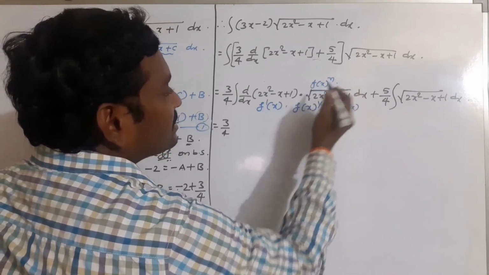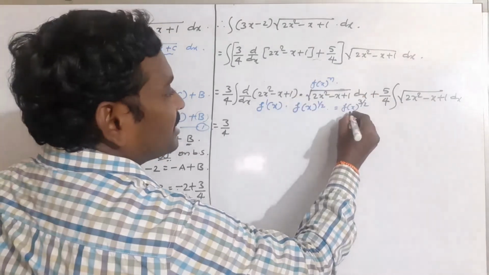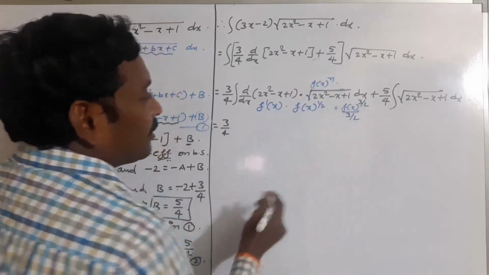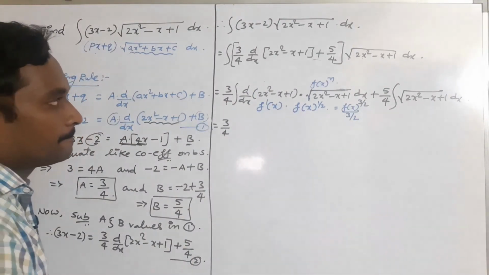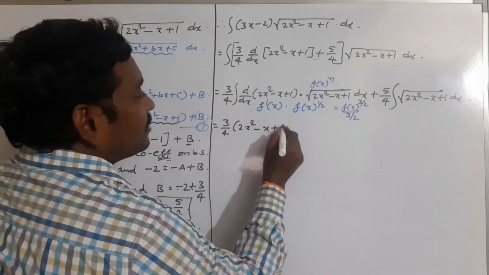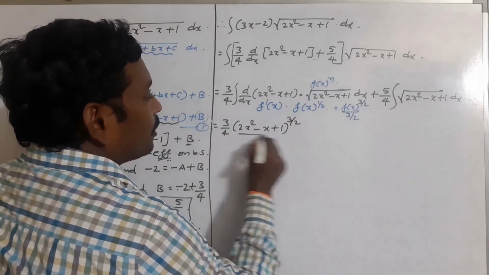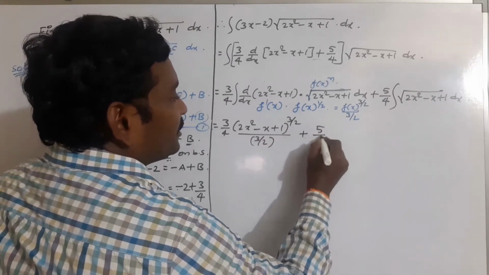Root over means whole power 1 by 2. That's why you will get whole power 1 by 2 plus 1, which is 3 by 2, by 3 by 2. According to this formula, this entire integration becomes 2x square minus x plus 1 whole power 3 by 2 over 3 by 2, plus 5 by 4 into,